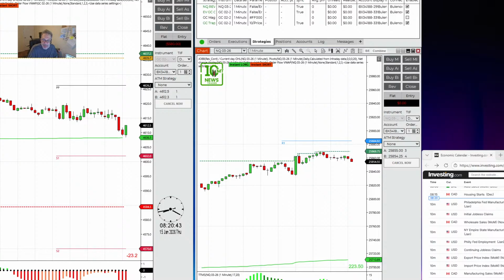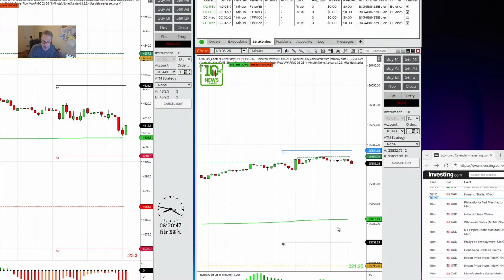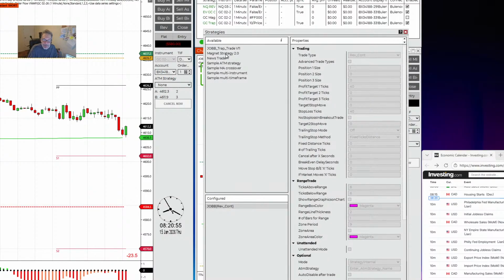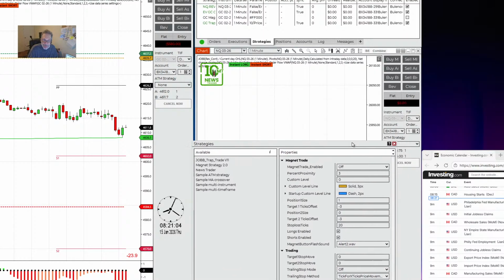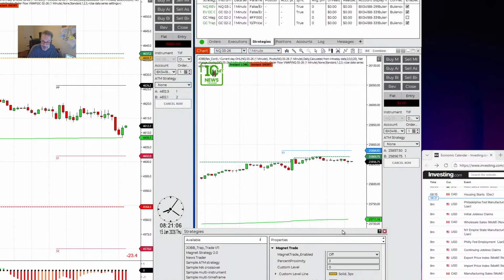Now on the Canadian manufacturing sales month on month, forecast minus 1.1%, prior minus 1%. Also, we get US import prices month on month forecast minus 0.2%, prior 0%. And US export prices month to month forecast is 0%, unchanged from prior. At the same time, we're also expecting to hear from the Fed's Goolsbee, who's due to speak on CNBC.